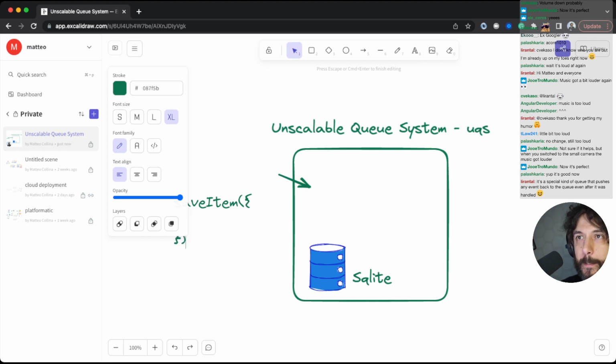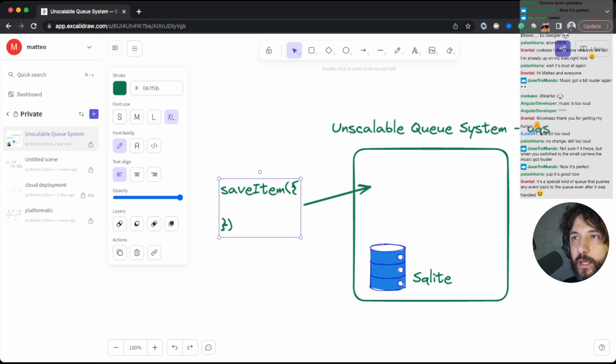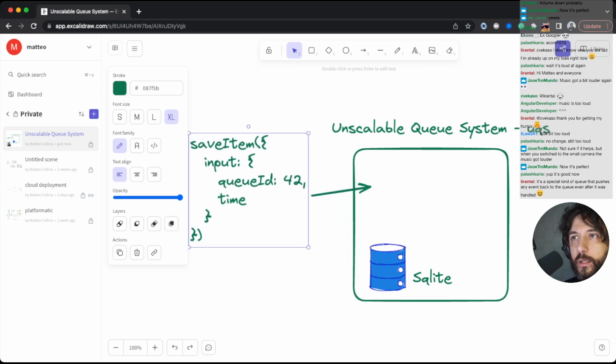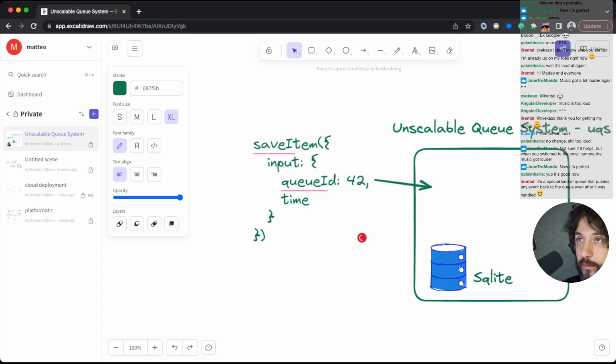So let's add those parameters. Okay, so okay, here we go. Why is this doing this? Okay, so let's do it as save item, and in save item we want to store. Okay, let's say we want a QID, okay, 42 because it's a number. Then we want to do, let's put it this way, and we want to say when, okay, and when is I'm going to put a thing here in 10 minutes.